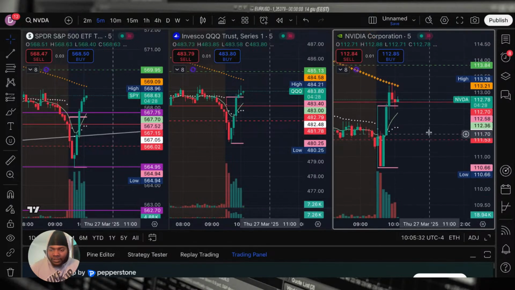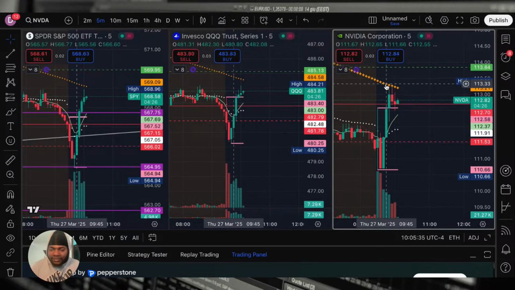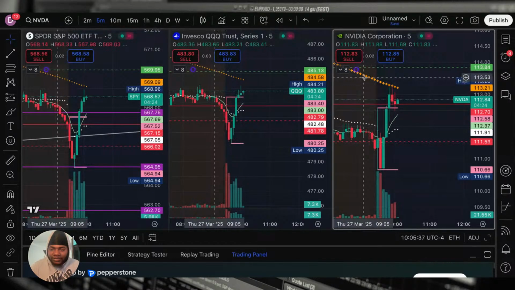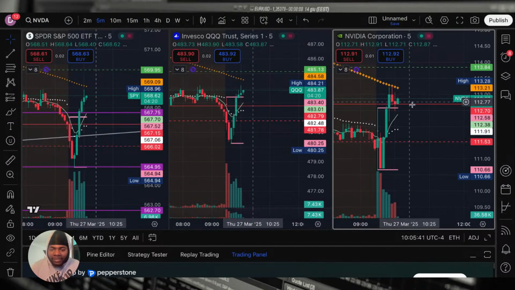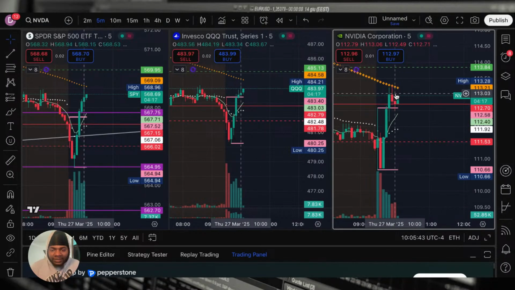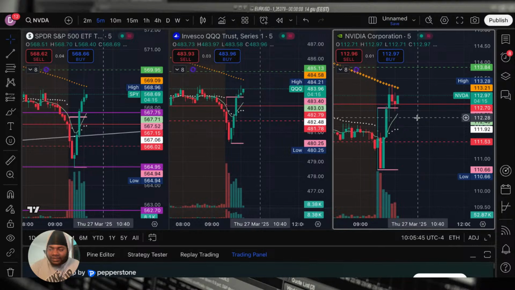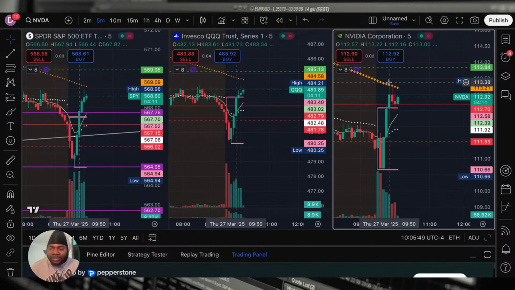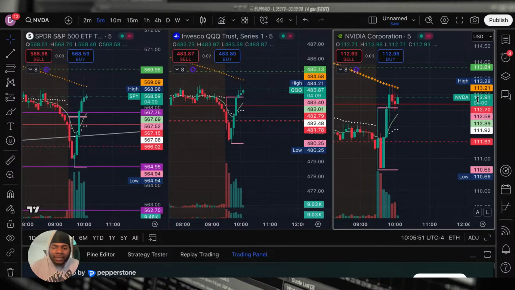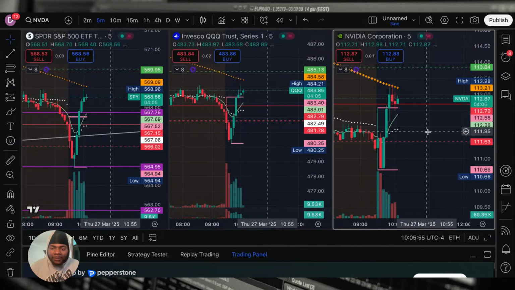Let's see, Nvidia sitting right at that 200 moving average, guys. I told y'all that 200 moving average, you don't play with that. See that 200 moving average coming? Take your profits or take some money out, at least. Take some money out, hold, and then just see if you can get above it. But that 200 moving average, you just don't play with it like that. You got to take your profits.